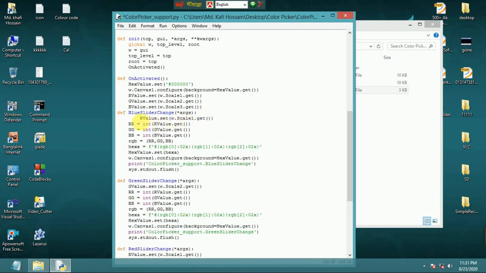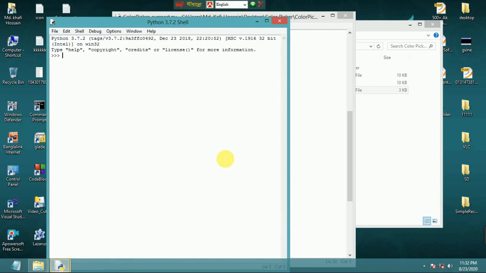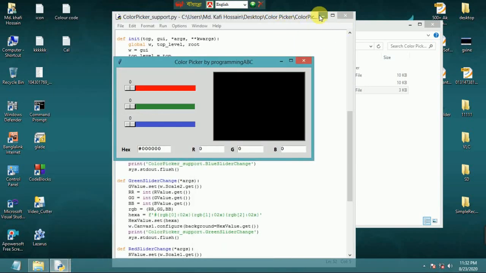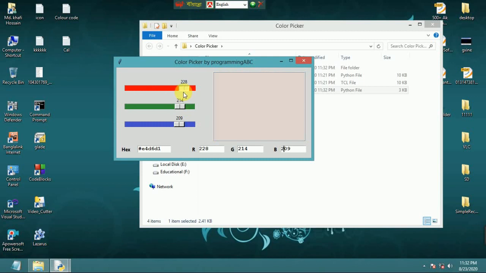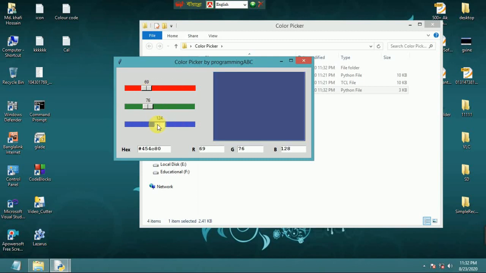and now blue slider, control V, scale 3, blue value set, b value, and these are okay. Now run. Slider position and slider color value, these are working. Web color, hex color,